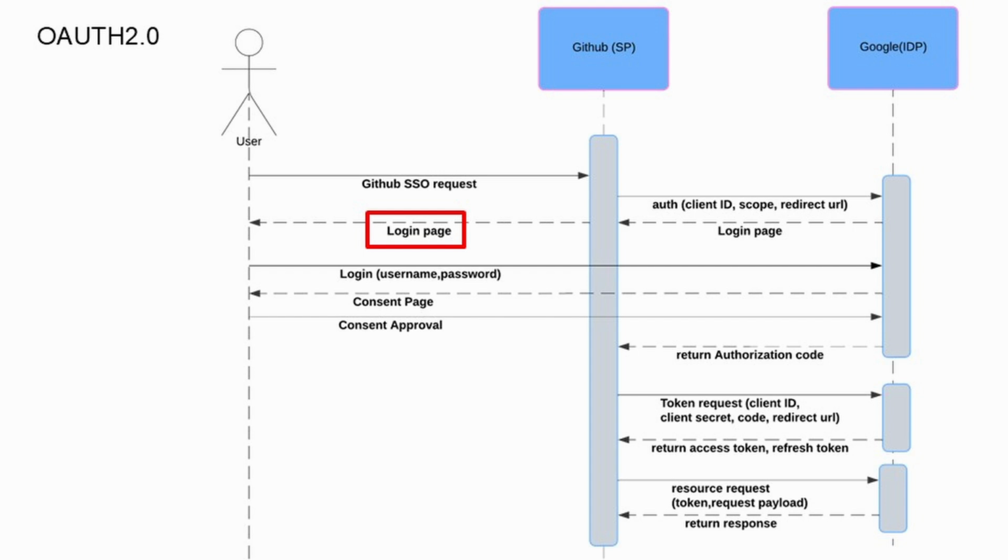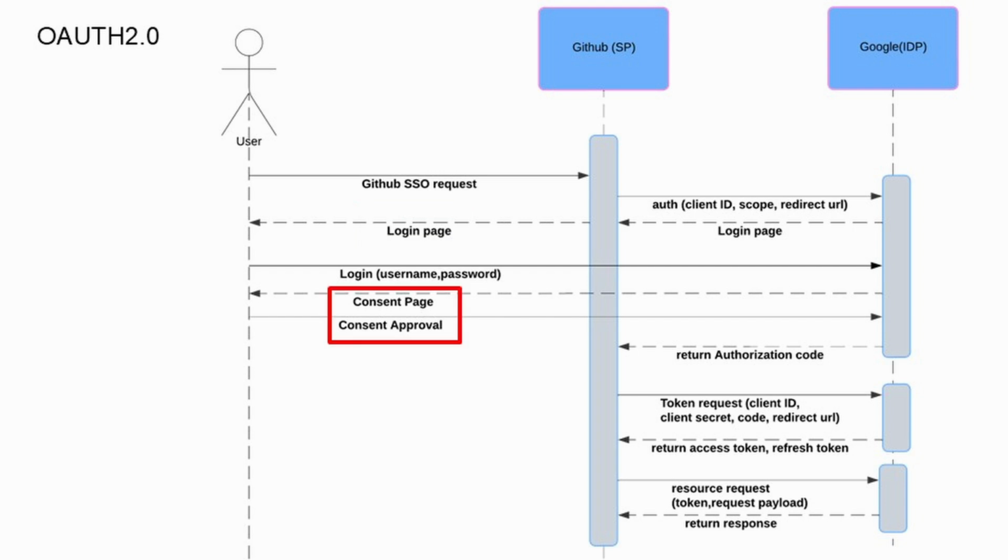Now, once GitHub initiates this, the user is redirected. If you're not logged into Google, you might have noticed it first asks you to log into Google. If you're already logged in, that process is skipped. But then it asks you to log in to your identity provider, that is your Google account. So this is the key: you don't have to log in using your GitHub credentials. You have to log in using your Google credentials.